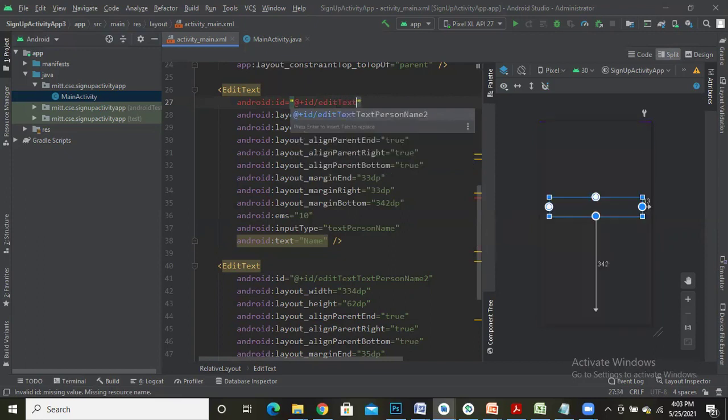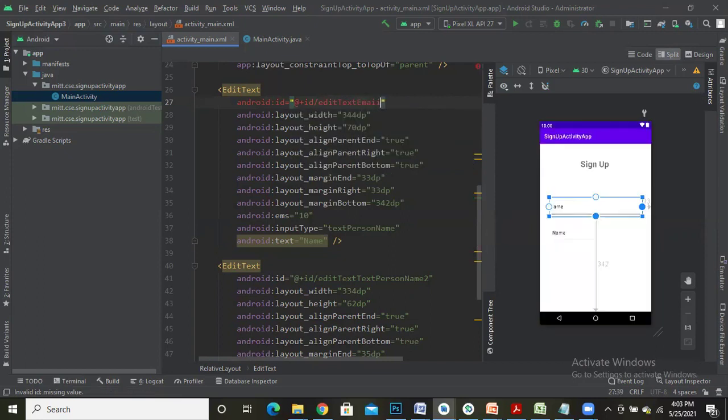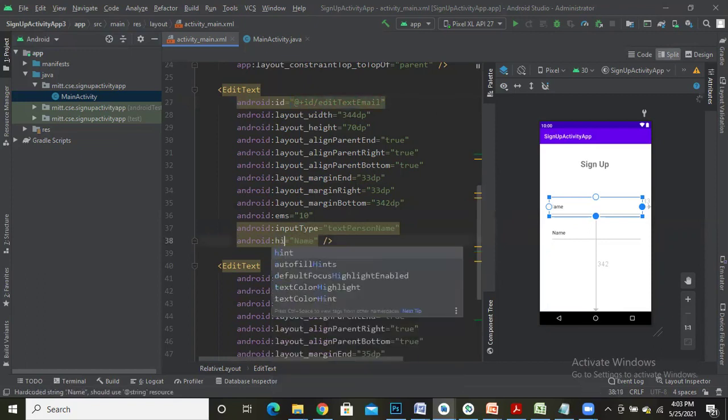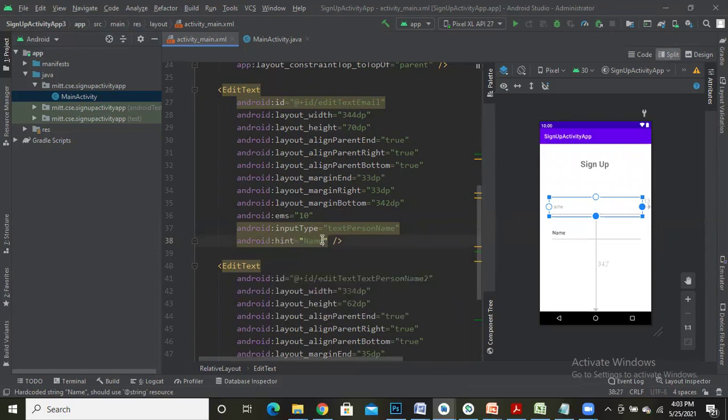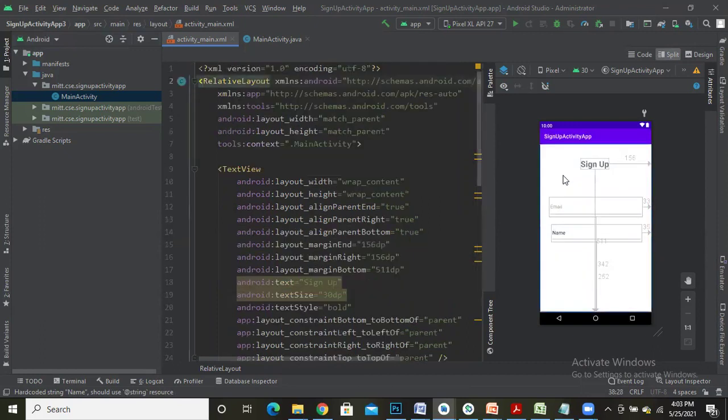So the ID of first edit text field, I'm going to name it as edit text email. And instead of text, let me give this as hint and write the text as email. So perfect. You can see in the design.